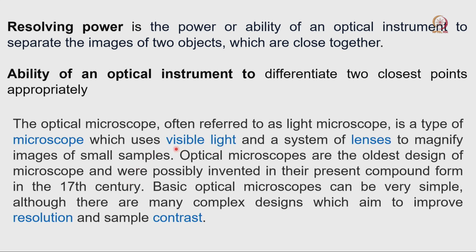One is the visible light and one is the lens system. In an optical microscope, most of the time we are using two components. One is radiation, which basically depends on visible light or photons, and the other is the lens. We are using glass lenses because glass lenses are good enough to converge the light and we can get an image. So in any kind of optical microscope we are using these two main things, that is the visible light and the glass lenses.